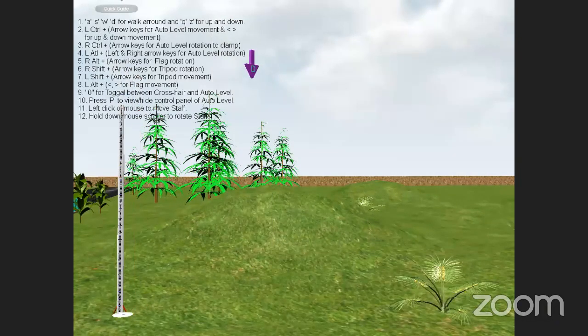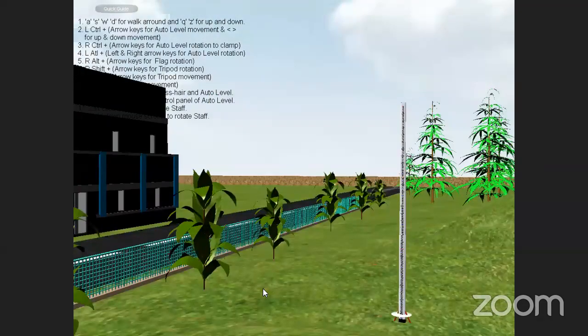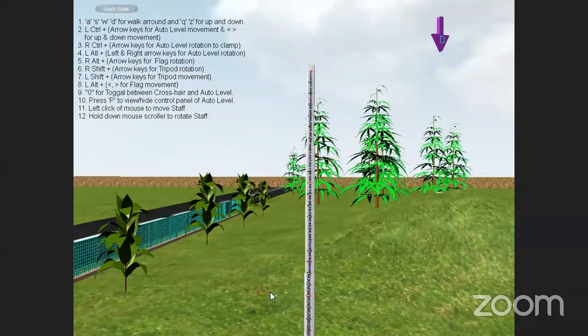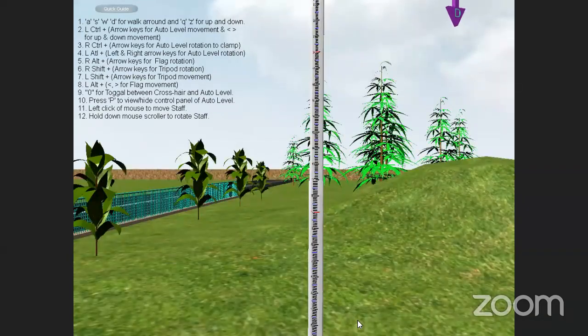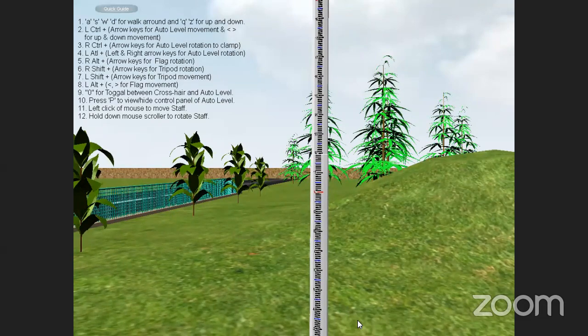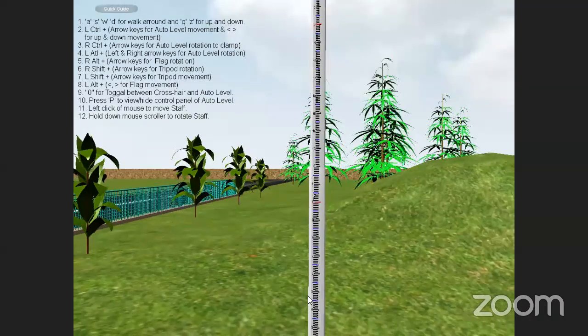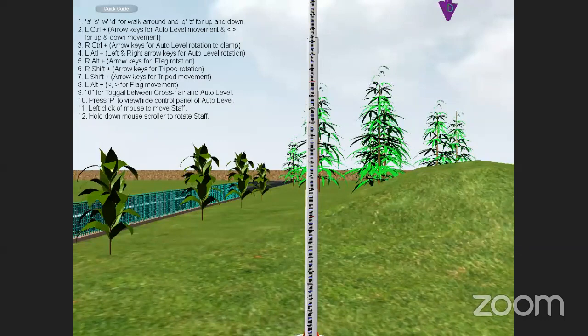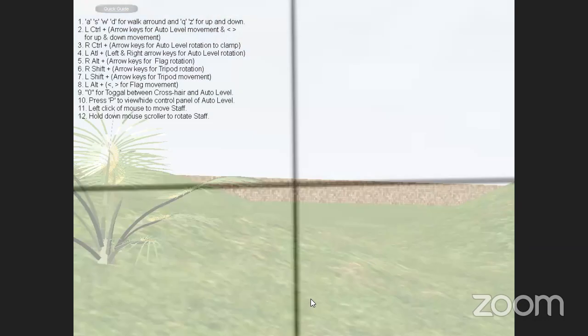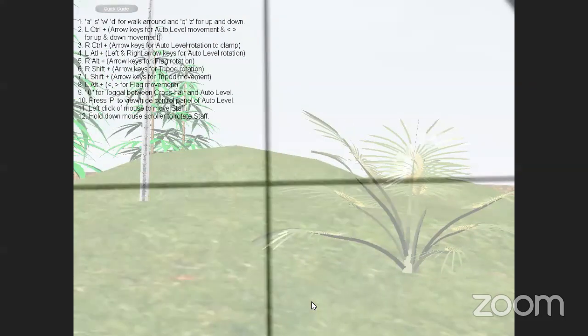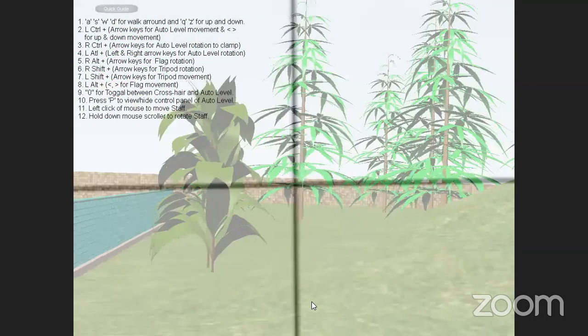See, now I am going to keep my staff position at C position. Whether it is visible or not, just use right control and arrow keys. And one more important operation is to toggle between your telescope and crosshairs. Press 0 to see the telescope or the crosshairs. So obviously I have to see the crosshairs only.